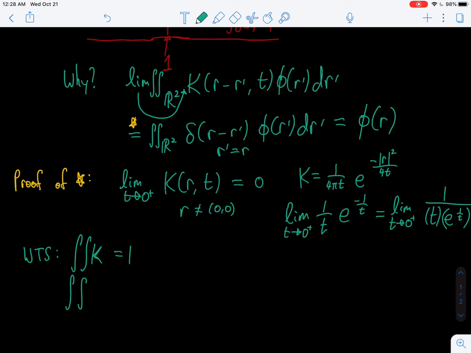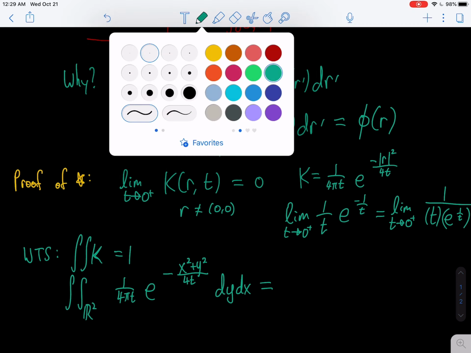Okay, so what is the double integral over the whole plane of the definition of k? E to the negative, and I'm going to write out r, the absolute value of r squared, as x squared plus y squared, okay? Because that's exactly what that means. Over 4t. Oh, sorry, it's not dt, it's dy dx, right? Well, let's use a change of variables, okay? So let's say that, what should we do? What should we use as a change of variables? Maybe we can let